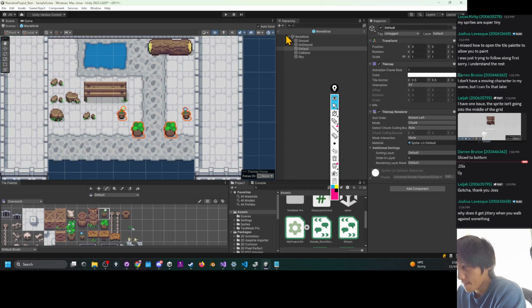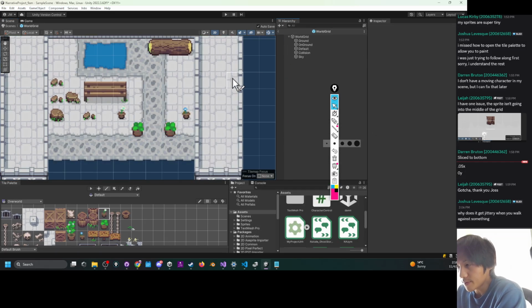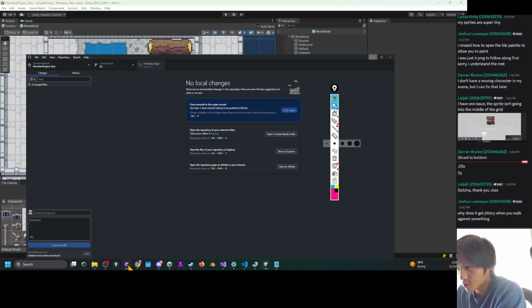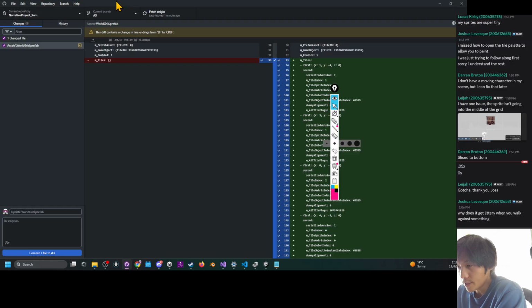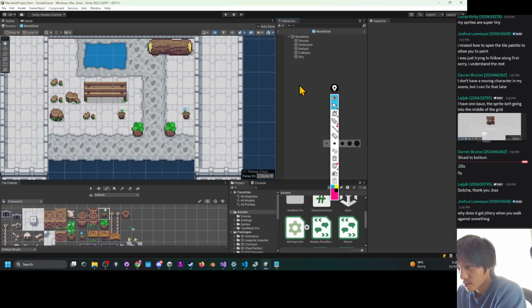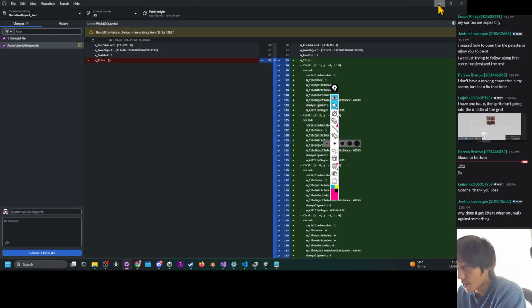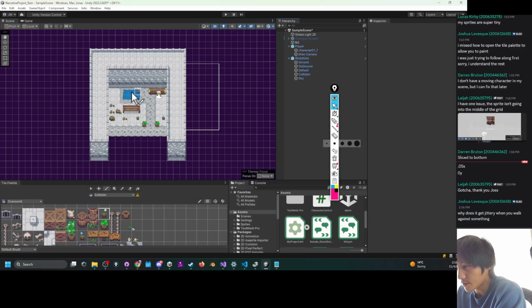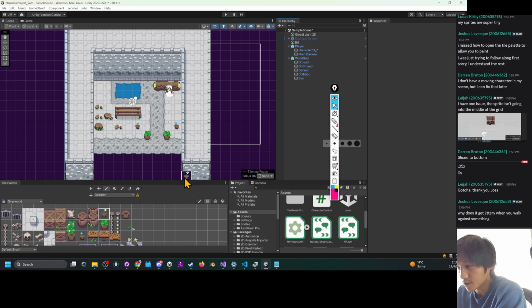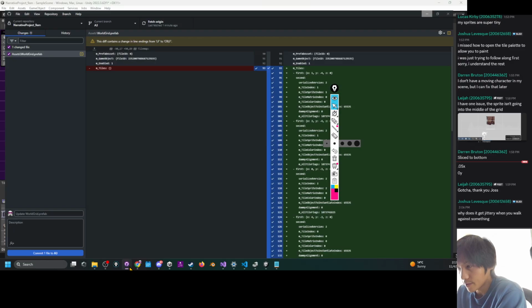So I have just made changes to this world grid prefab. Check it out. Look at Git. You'll see it shows I only made changes to the prefab. Isn't that interesting? Those changes are to the prefab, but I can see the changes in the scene. Okay,